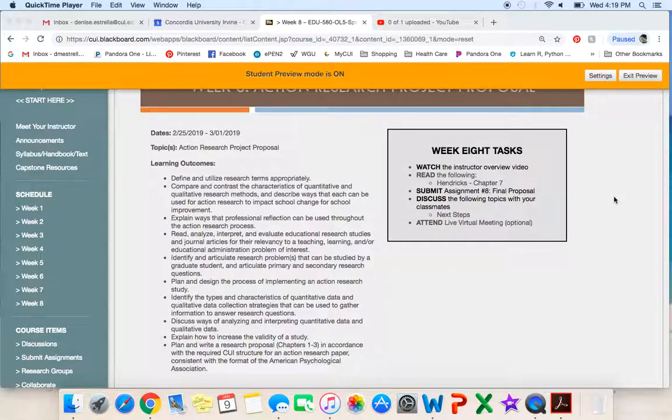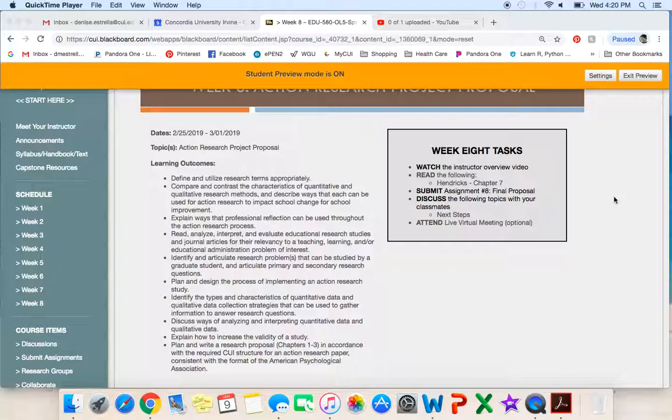Our learning outcomes include define and utilize research terms appropriately, compare and contrast the characteristics of quantitative and qualitative research methods, and describe ways that each can be used for action research to impact school change for school improvement. Explain ways that professional reflection can be used throughout the action research process. Read, analyze, interpret, and evaluate educational research studies and journal articles for their relevancy to a teaching, learning, and/or educational